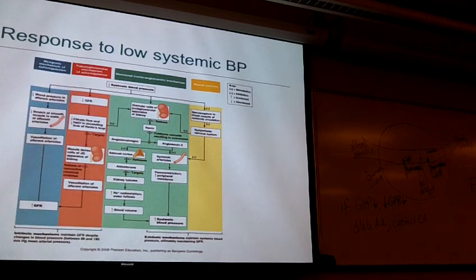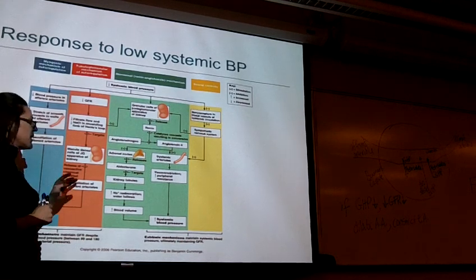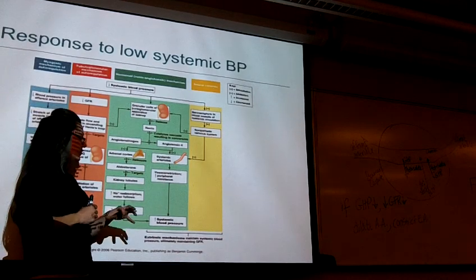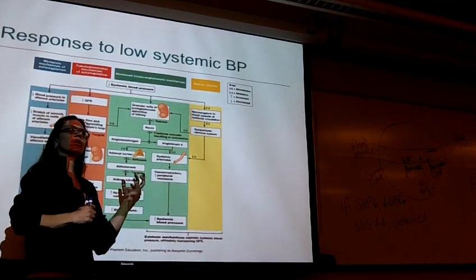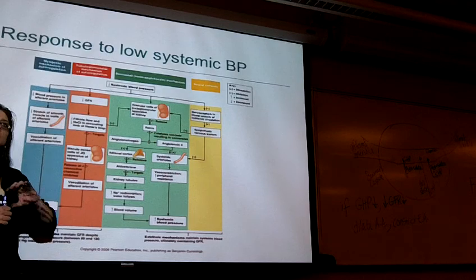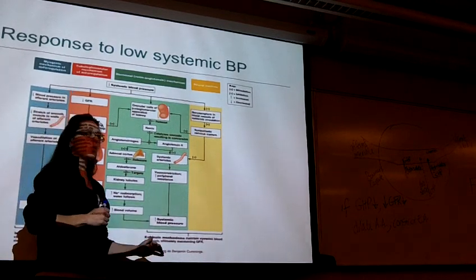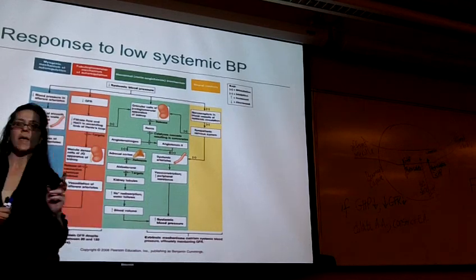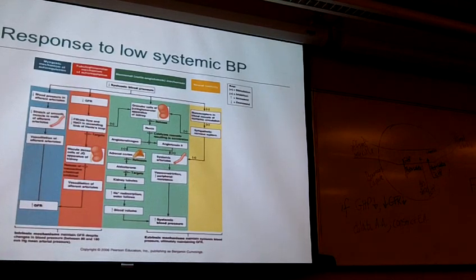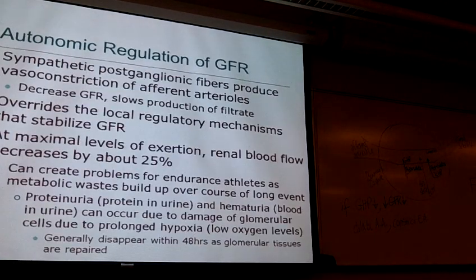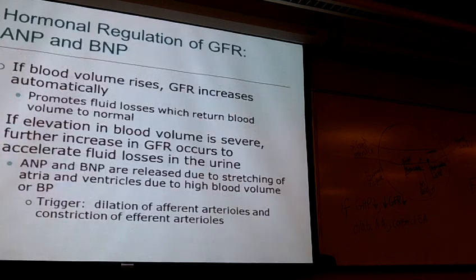And that will then cause ANP and BNP to be released. And what they are going to do is decrease how much water gets reabsorbed so that we lower blood volume and thus we lower blood pressure. So ANP and BNP do the opposite to aldosterone and